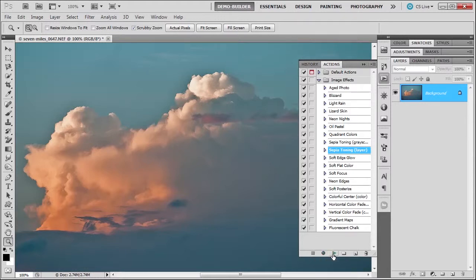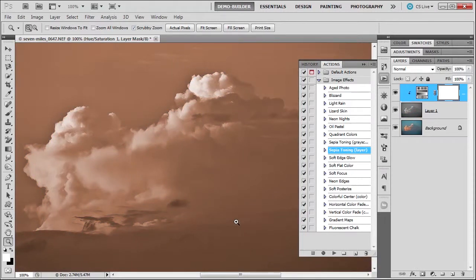So what I'm going to do is click play and let's see what happens. Did you see it change to sepia? You see how fast it was? It was just that fast. By pressing this play command, it went through all these steps in seconds. What did it do? It created another layer, and then it created a hue saturation layer which provided the sepia